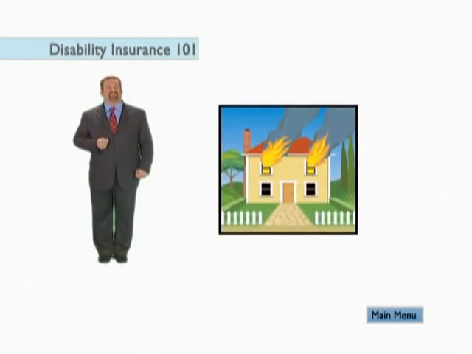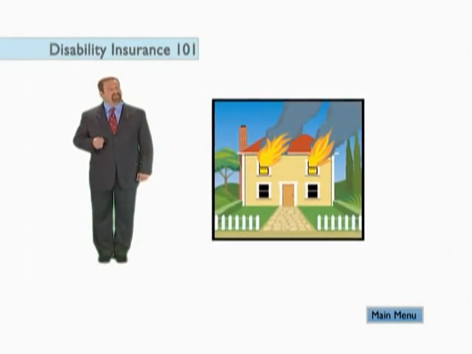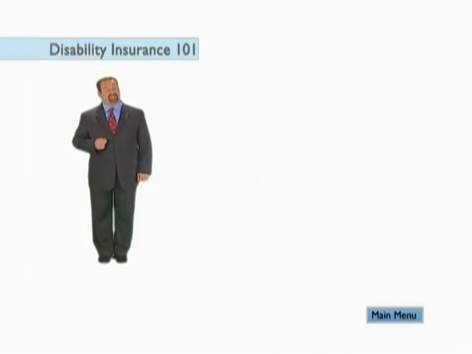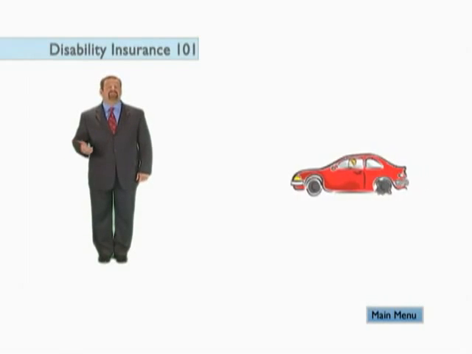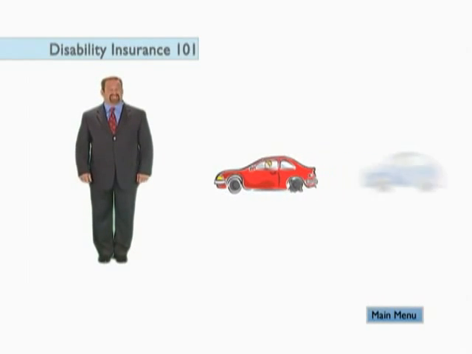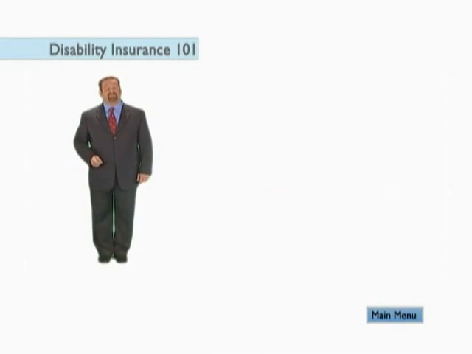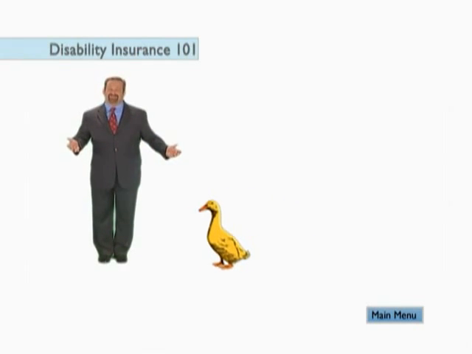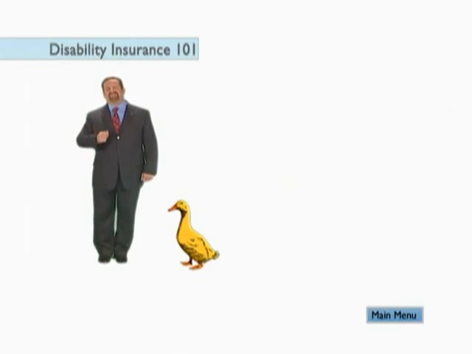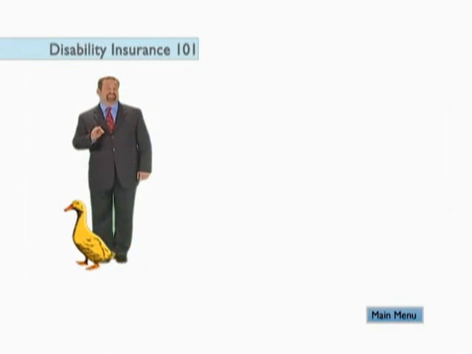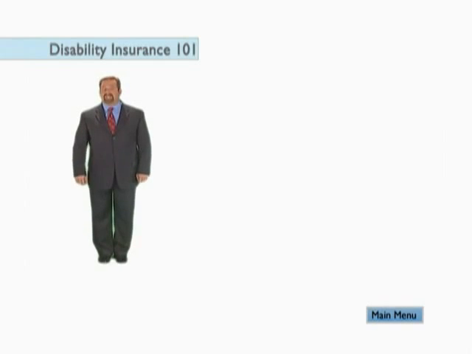You buy fire insurance just in case your home burns down, but the value of your home is something less than a lifetime of income. You buy auto insurance just in case you get into a car accident, but the value of your car is worth a mere fraction of a lifetime of income. Essentially, you have insured all the golden eggs in your life. But have you insured the goose? Disability income insurance insures the goose. Ultimately, if your lifestyle would be affected by your income stopping, then it's important to insure it.